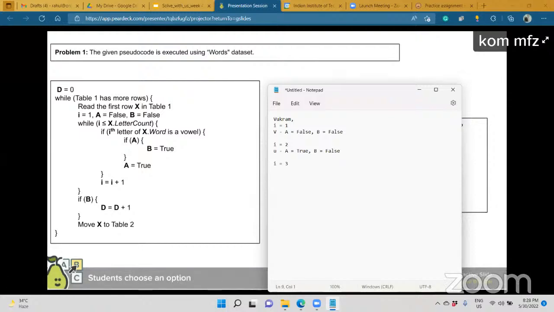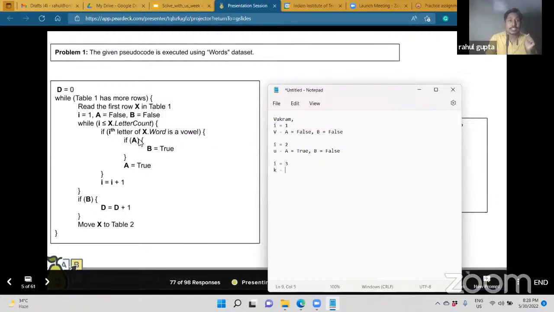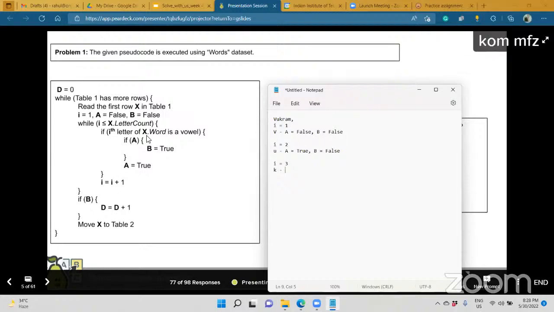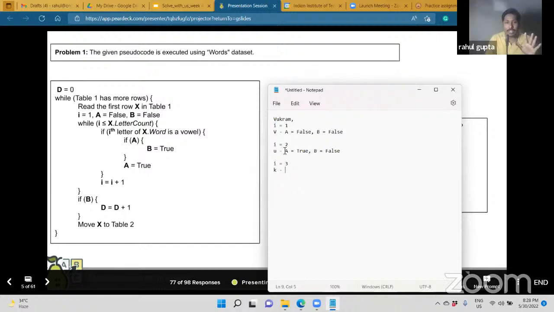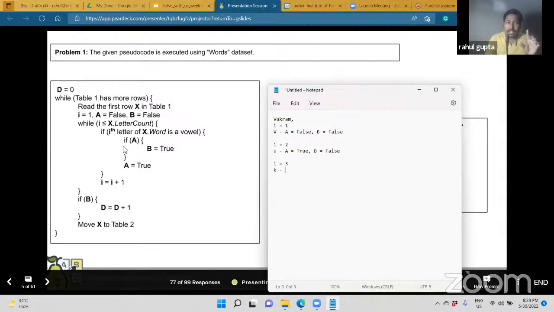Now, sir, can you explain this? What do you mean by this if block? If and then bracket A. Okay. So this if condition we have seen for the first time. This if A means, I'll tell you what is happening. We will enter into that. Here we did not enter into the first block. That is clear or not? Yes, sir. Clear, sir. Here, if I came here, then I is a vowel, then A became true. Sorry, A did not become true first. We'll go to this small block, right? Yes, sir. It is saying if A.